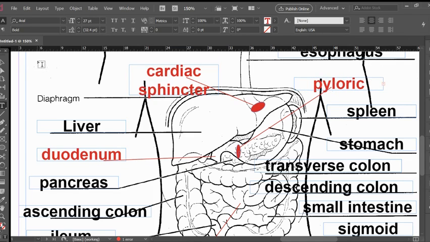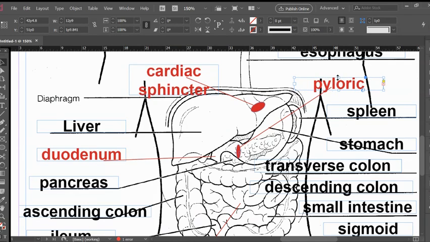And a sphincter is nothing more than a circular type of muscle that controls things entering or exiting a structure. And we have several of those throughout our body. So zooming out,